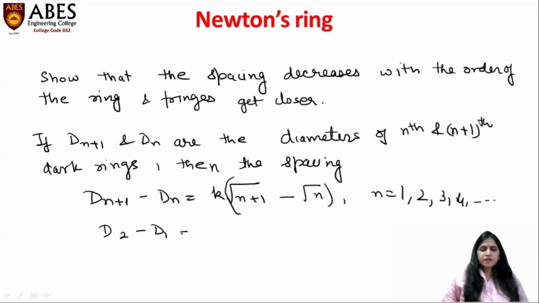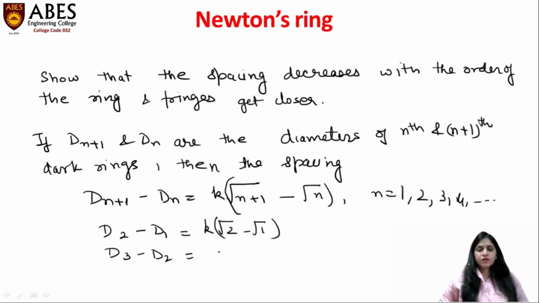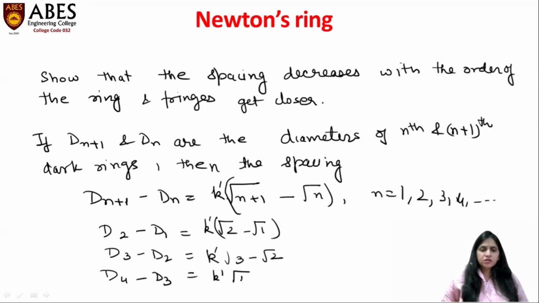D2 minus D1 is equal to K under root 2 minus under root 1, or D3 minus D2 is equal to K. As we are talking about darkening, we can put this as K dash, K dash under root 3 minus under root 2. Similarly, D4 minus D3 is equal to K dash under root 4 minus under root